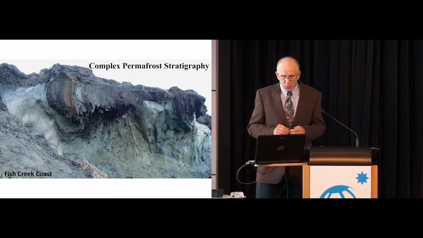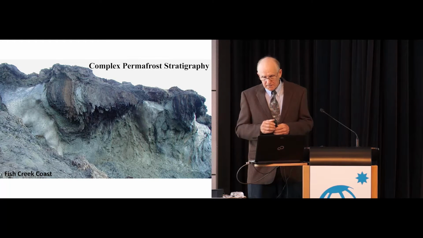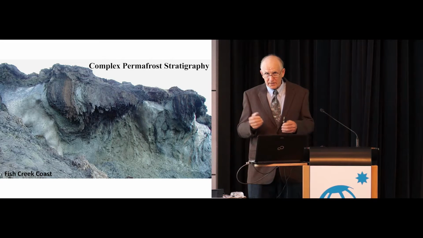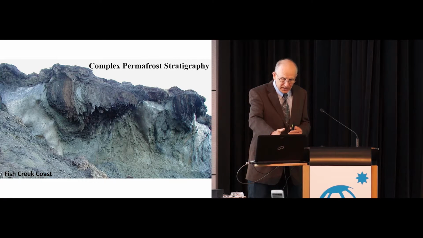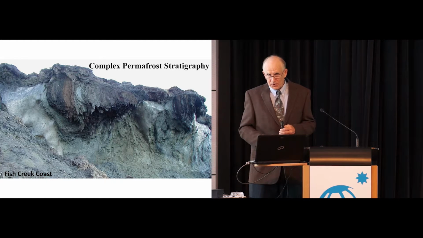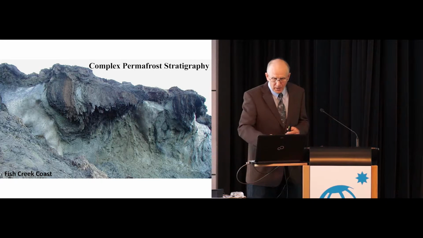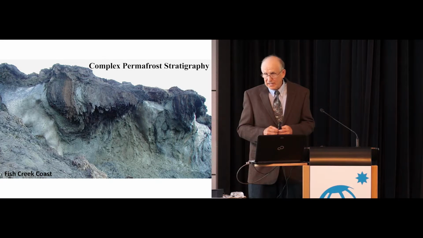And to illustrate that point, here's just an exposure of the old surface in the Fish Creek area, NPRA, and depending on where you core along this bluff, you could get radically different ice contents, going from ice wedges to, next to the ice wedge, almost pure silt that gets deformed up there. Go another meter, and it could be organic matter for 2 meters, or at the center of the wedge, we could have organic disrupted materials going way deeper. So